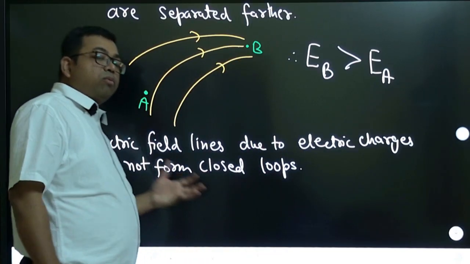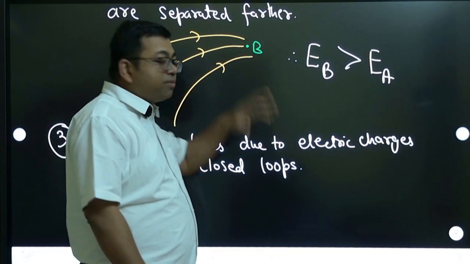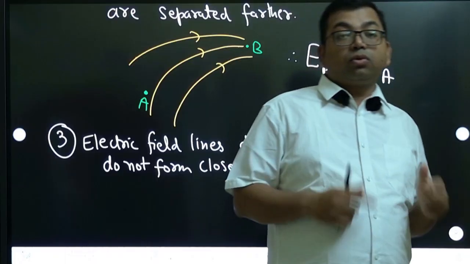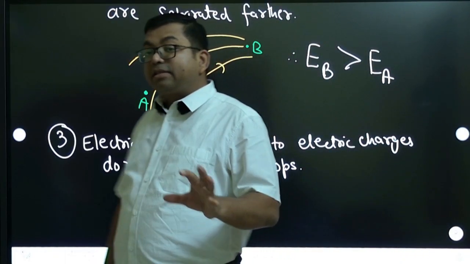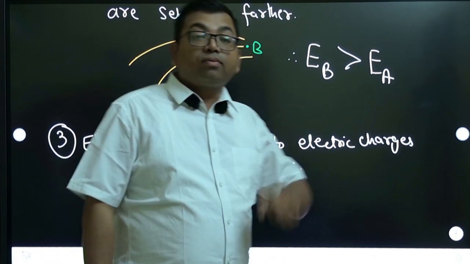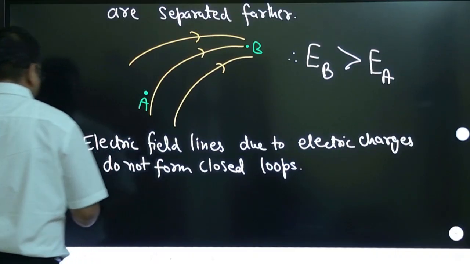Okay, they will not form closed loops. So electric field lines come from the charges, but there are some electric field lines which can form closed loops. That electric field is not produced due to charges, it is produced due to a changing magnetic field. Okay, note here,